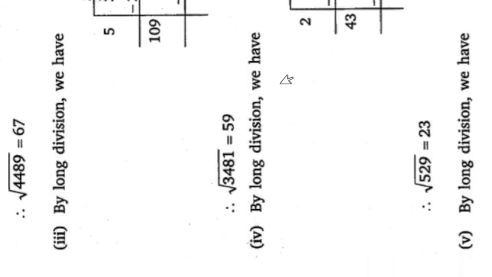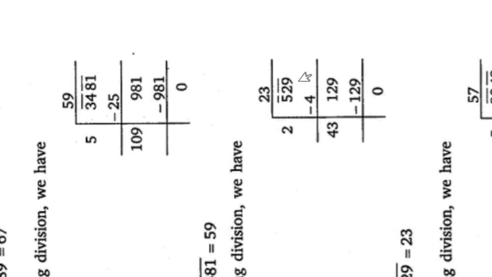Now, here by long division we have the number 529. Again we will pair the numbers. This is the first pair starting from the unit digit. This is a lone number, so we will take it first. 2 2s are 4. Now, 2 plus 2 is 4. With 4 we will put such a number that multiplying the same number with this gives this number. So, 5 minus 4 is 1. So, 29 will remain.